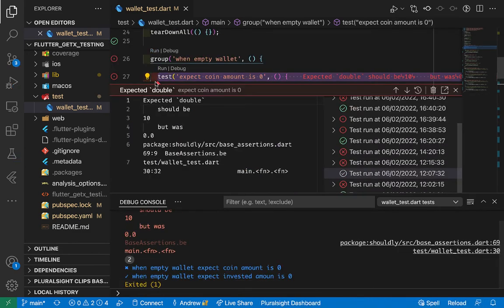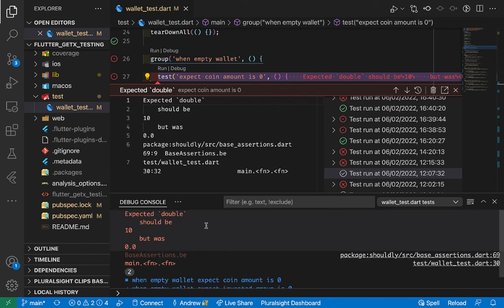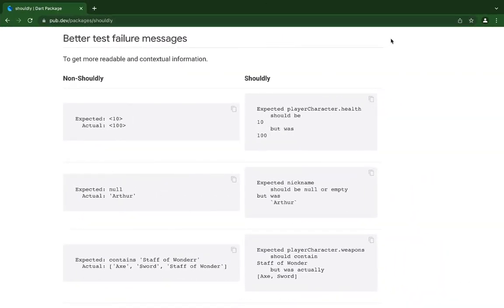You can see a brand new failure message, which is more readable and easy to understand what went wrong. And this is the second advantage, a more readable and contextual failure message. Let's take a look at some of the test failure messages that Shouldly produces when compared with the testing package